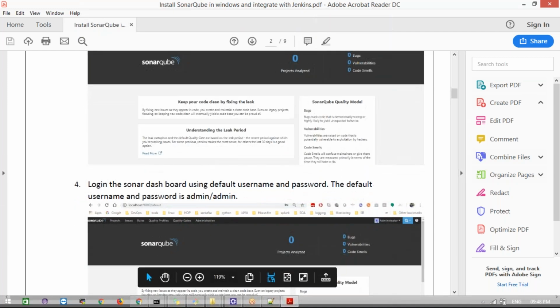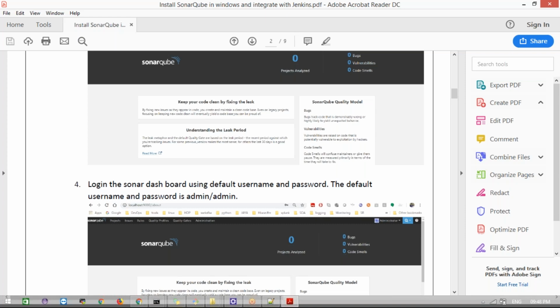What is the default port number of Jenkins? 8080. What is the Gmail notification SSL port number? 465. Yes, not 565, it's 465.